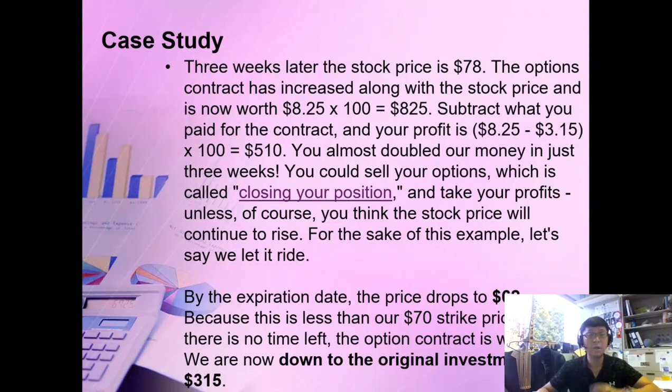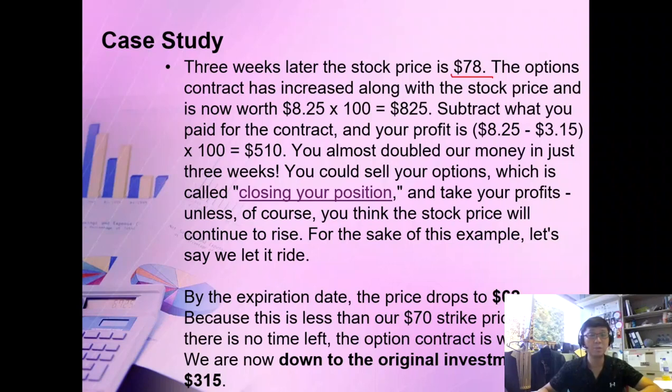So on the other hand, there's this 3 weeks. After the 3 weeks, the stock price is 78, right? The option is 78, right? So what happens if now the stock price is 78? The options increase from the stock price. So instead of 70, now the stock price goes up to 78,